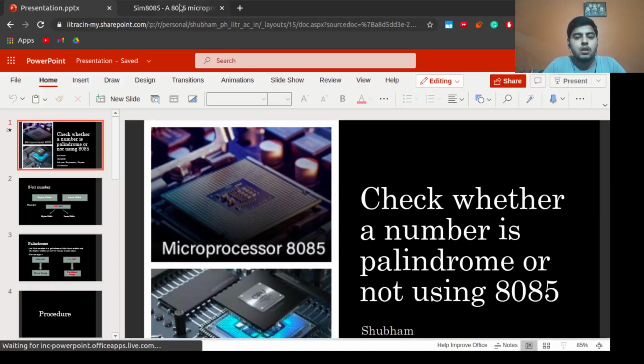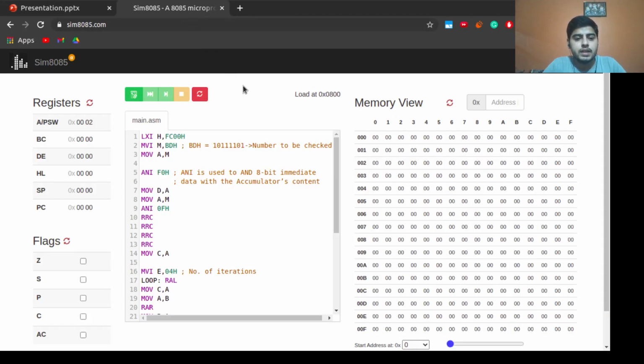Now let's understand with the help of actual code. Here I have written the same code as I have explained to you. Now let me assemble it. So the code is ready to run. If I run the program in a single go like this,